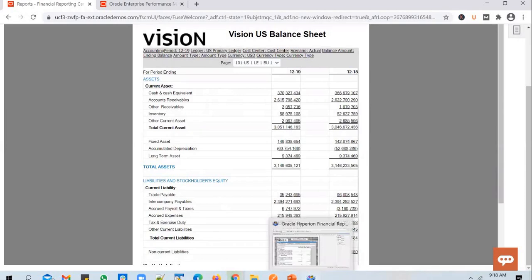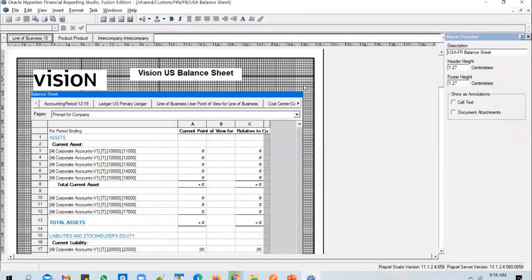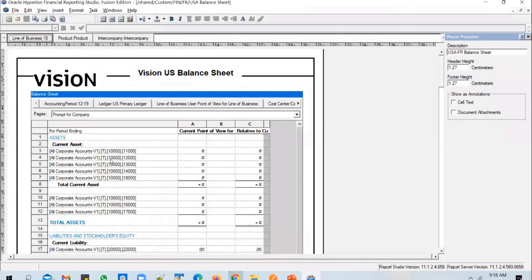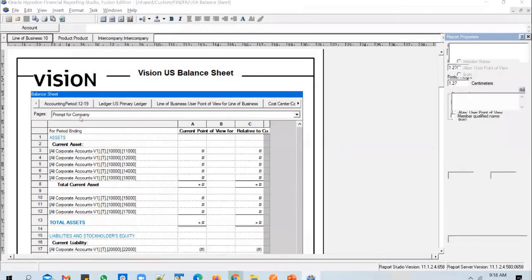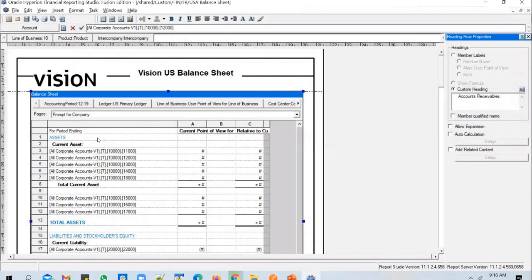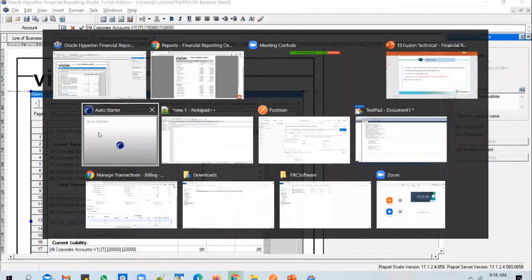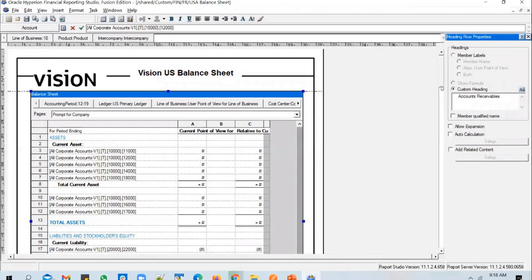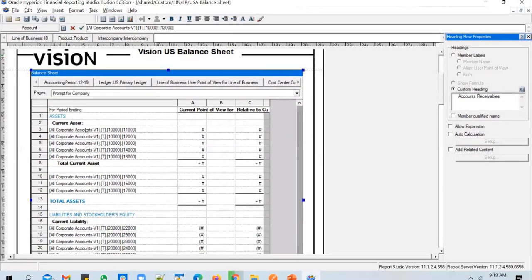But if you go back into the report definition, let's see how Oracle has built this report. I hate to see these fuzzy lines or guidelines. If you also hate them, click on View, click on Guidelines to take them off. And if you go to the current asset section, you see the same layout that you see in the output as well. The output that you're seeing here is coming from this grid that is configured. And if you look under current assets, at the second row,